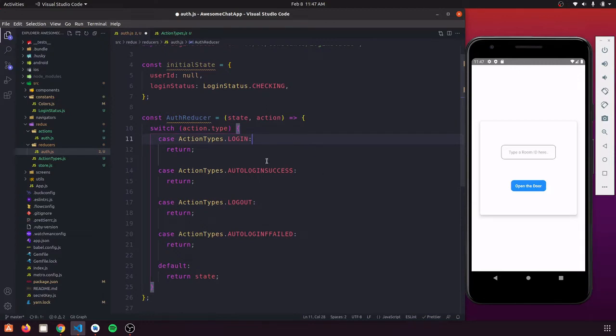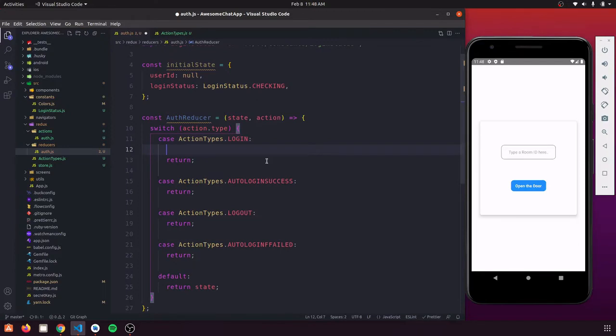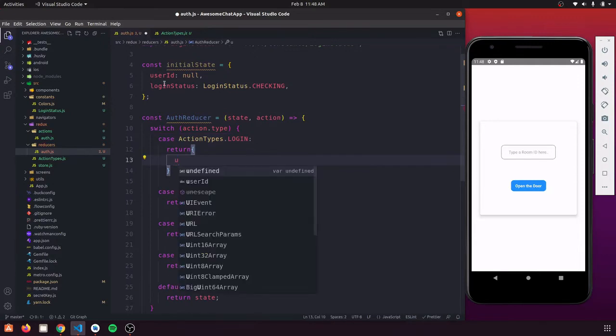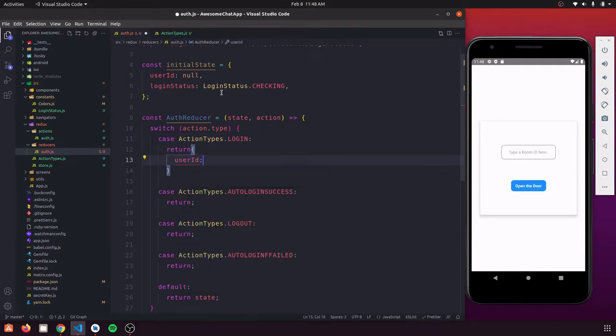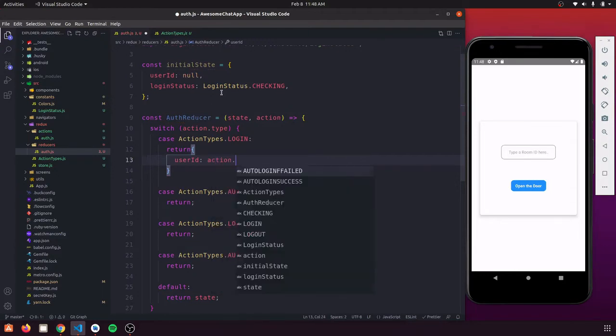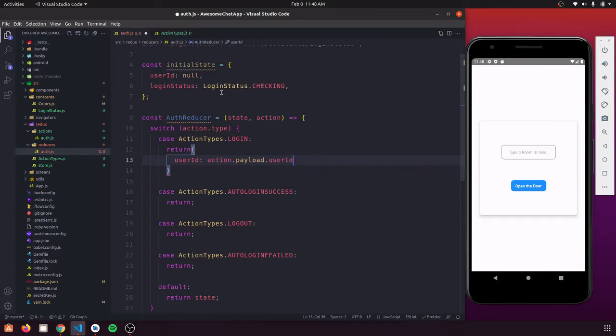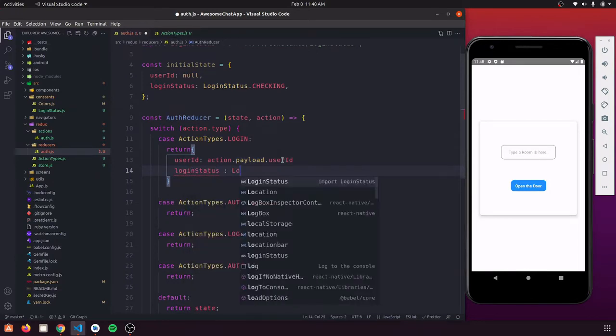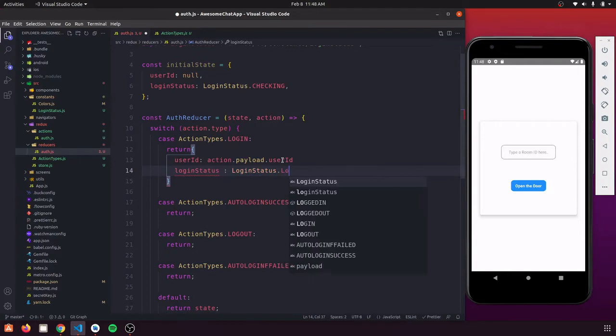So let's just return a state from here. We are going to return a state that will contain this user ID, which would be passed in our action payload dot user ID that we will pass later. And we have login status here that we will set as login status dot logged in,